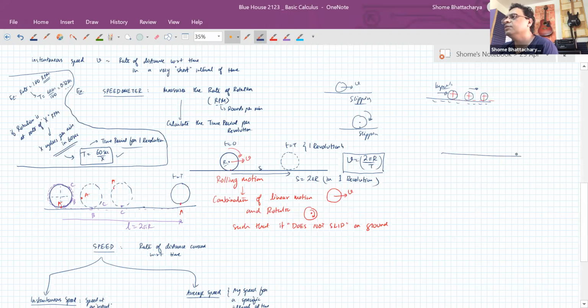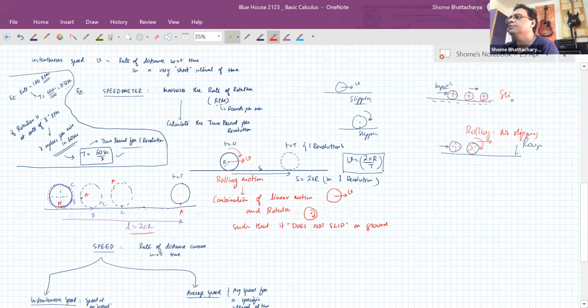Whereas if you repeat that experiment on a surface which is rough, you will see that when you give it a push, it will move in such a way that it's rotating also. Along with the translation, it is also rotating. And if there is sufficient friction to prevent slipping, you will see the rolling type of motion, where the point of contact does not slip at all. So in one cycle, it covers a distance of 2 pi r. That is the difference between rolling, where there is no slipping at the point of contact,